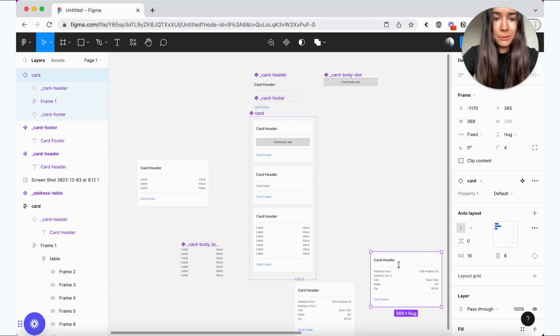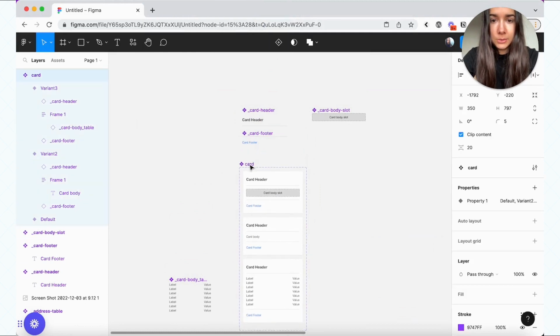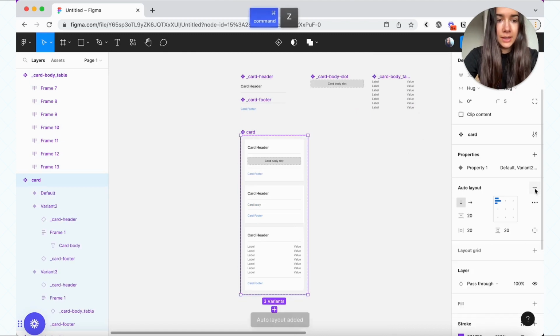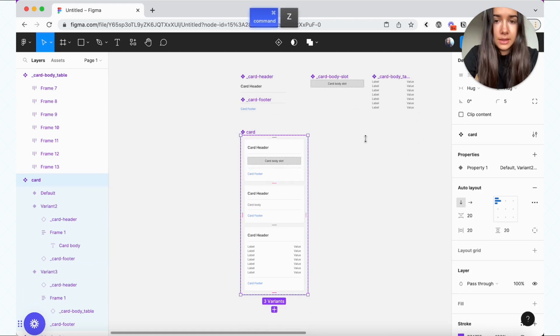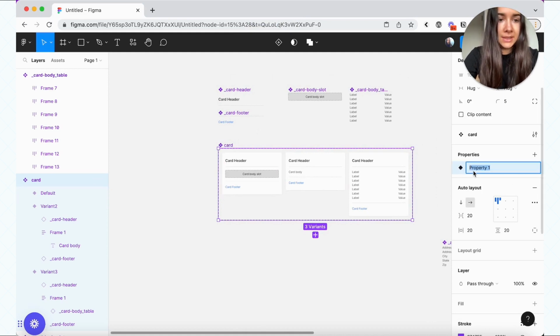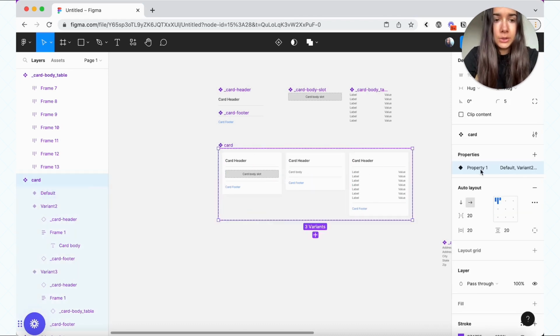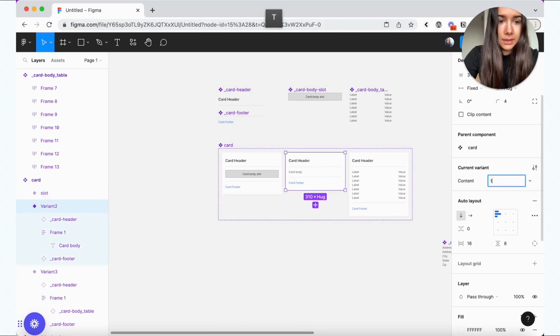Now let's clean up our Figma file. I'm going to delete all the test stuff that we don't need, and I'm just going to move the card body table over here, and I'm going to add auto layout to the card component set itself, just so it's easier to maintain in the future. And maybe I'll change it to be in a row. And the important thing that we have left to do here is that we still have the property name as property 1, and then default, variant 2, variant 3. So we're going to rename the property to content slot,